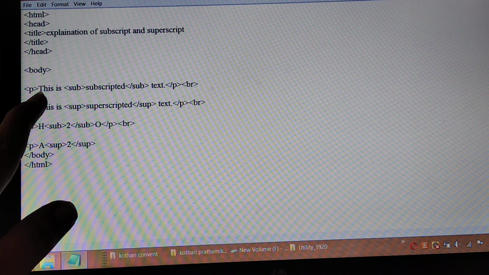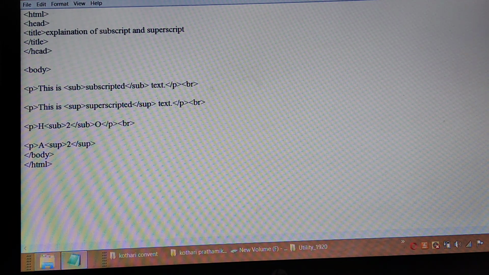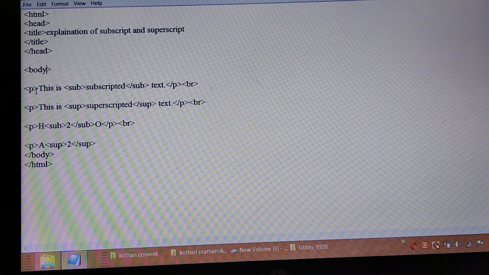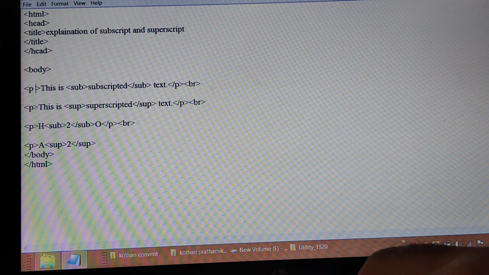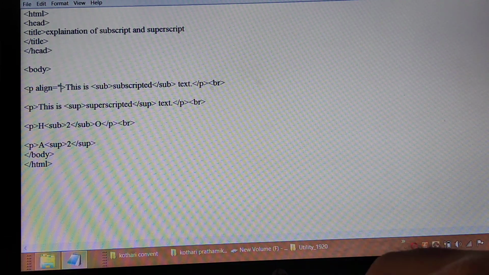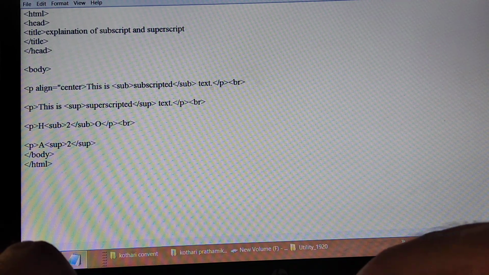P is the paragraph tag. We will just change the alignment at the center. P align is equal to center.